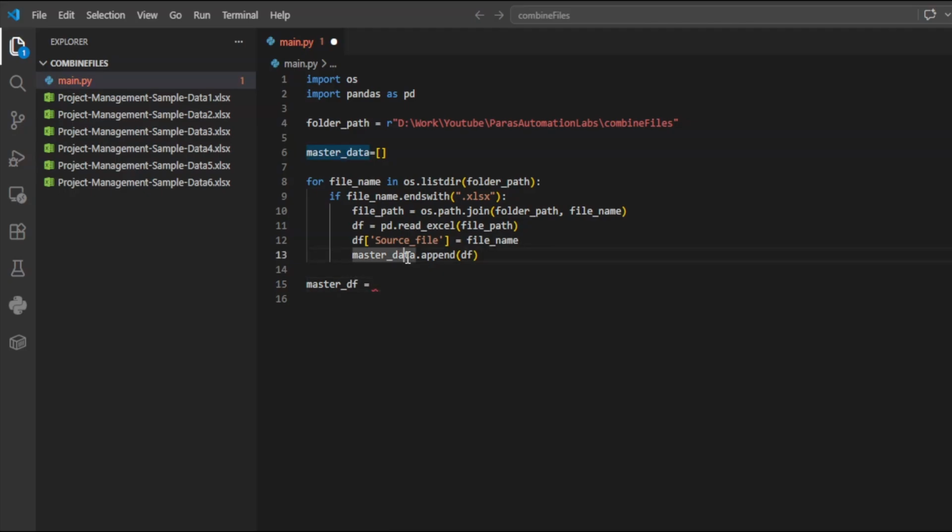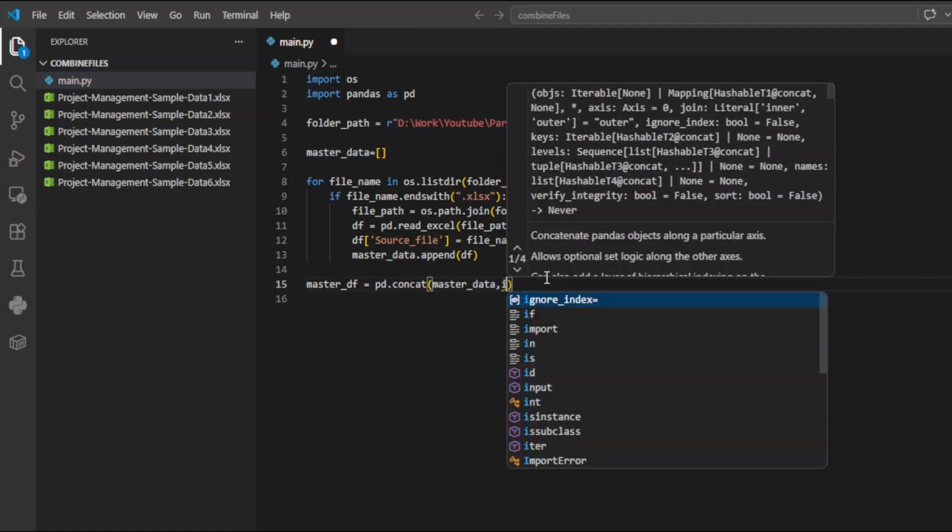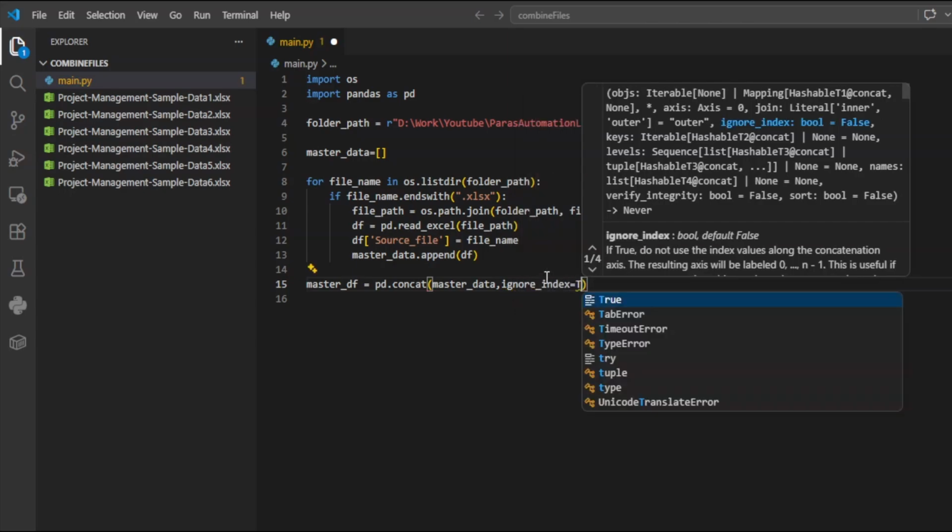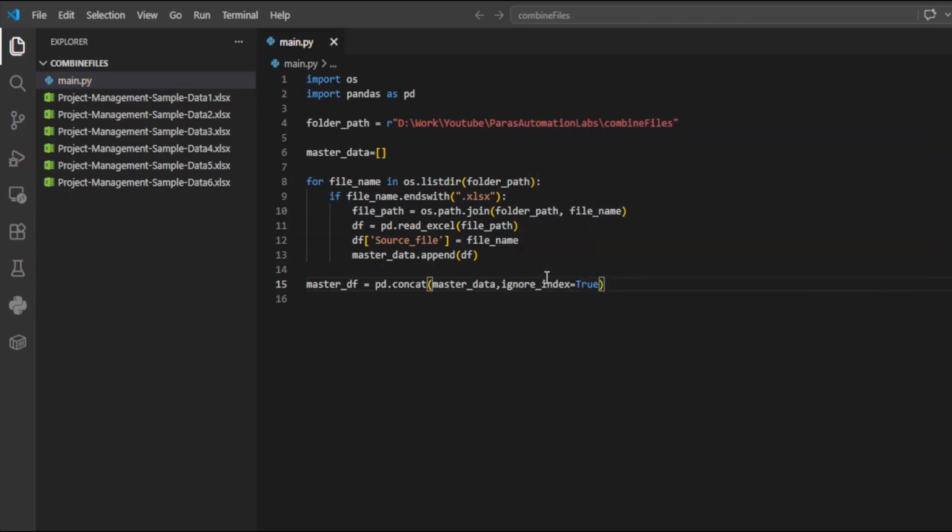Now with this master data variable, we will create a data frame using pd.concat. This command will combine all the data which we have in master data into a data frame. So master data and ignore index. So we don't want to use index numbers like 0, 1, 2, 3. We don't need that index. So it will ignore the index and combine all the master data and convert it to a master